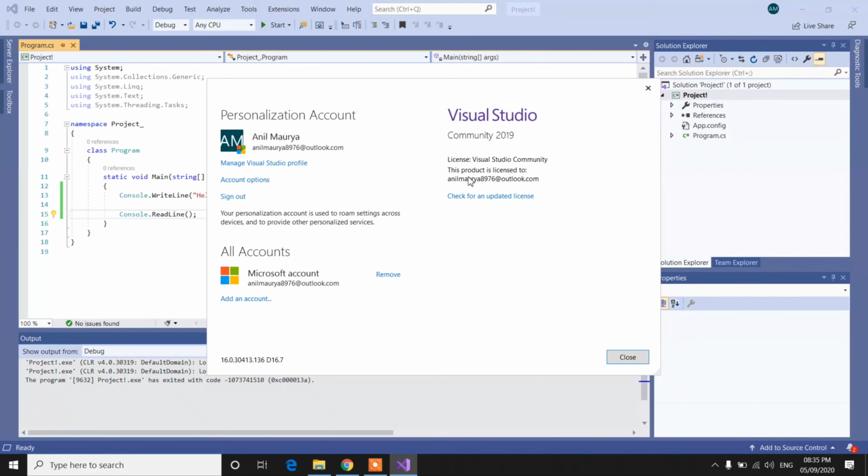Like I said, if I hadn't logged in or signed in to this Visual Studio, it would be a trial version for 30 days. But after I have logged in, now it will be free of cost for the lifetime. It will be free for me for the lifetime for development purposes.